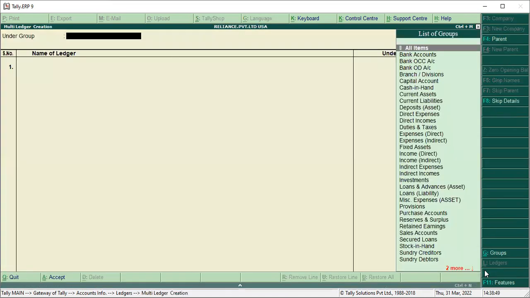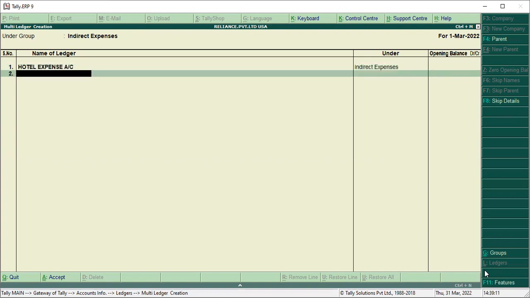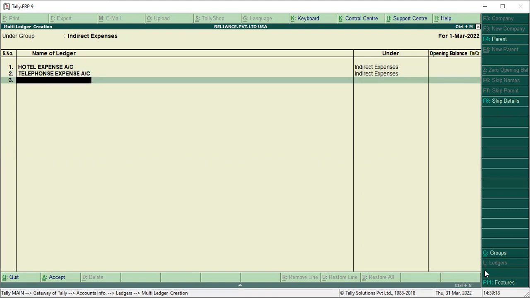And here we choose any account, for example, our expenses. So here we choose indirect expenses. Just choose the group that is indirect expenses, right? So here, firstly, we need to choose indirect expenses and write all the expense ledger names. That is hotel expense account, like this, telephone expense account, and other expenses,